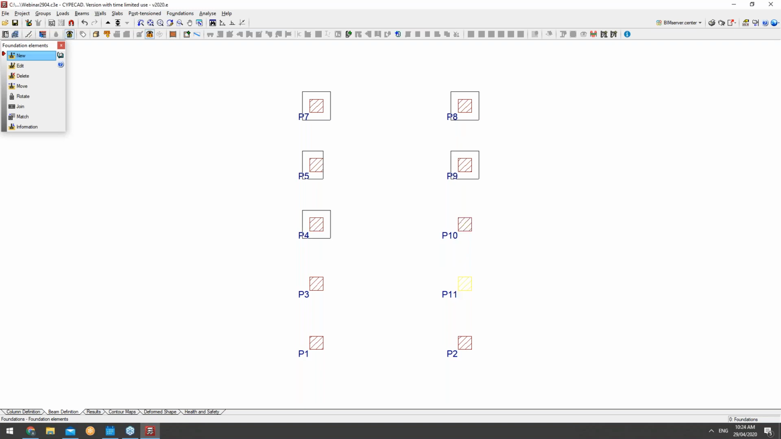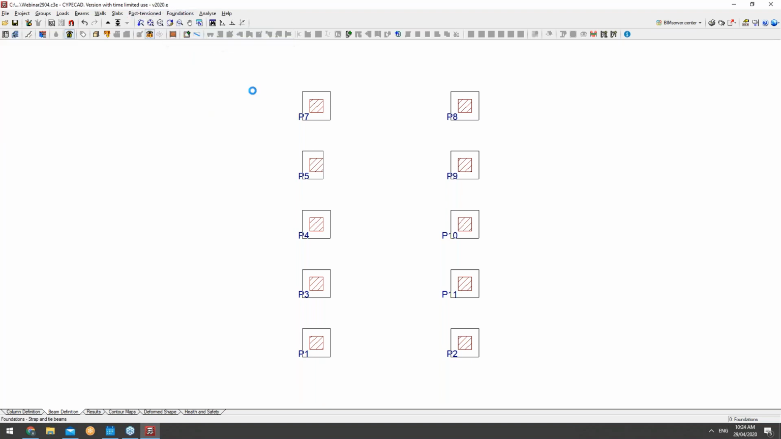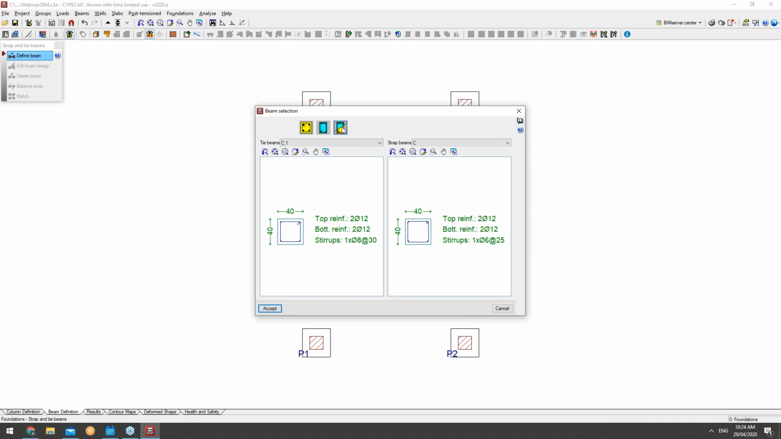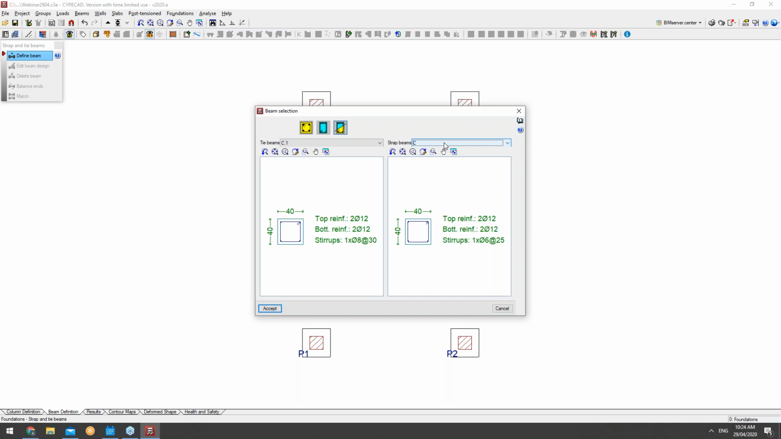As such, I'm going to create some tie beams as well, and that'll be a mixture of both strap and tie. Now you can see all these different tie beams and our strap beams, they come from the selected code that